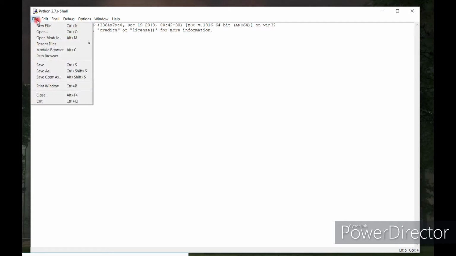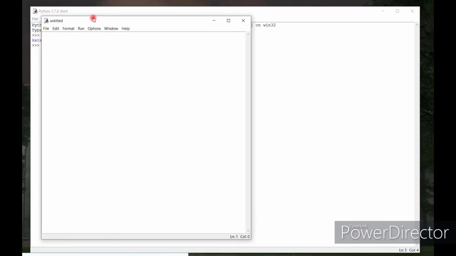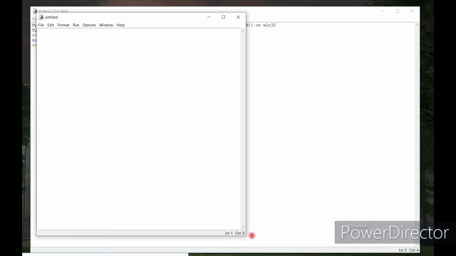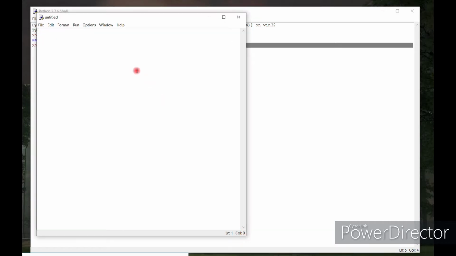To do a more complex program, go to File, click on New and you will see a new Python file. Here you can write anything, a long program.